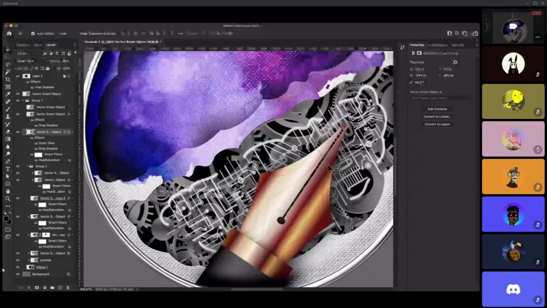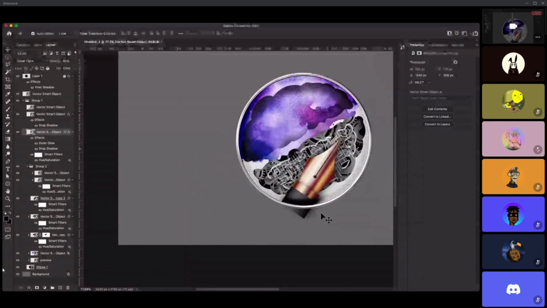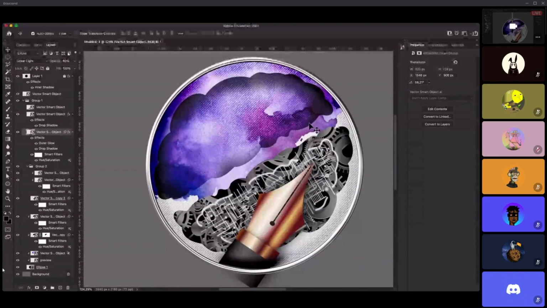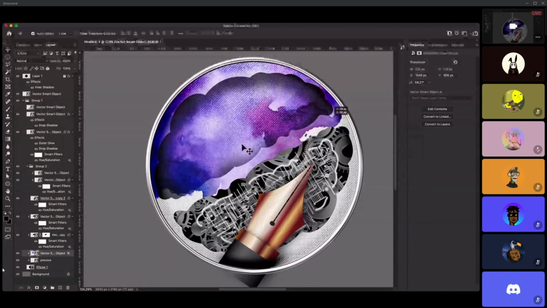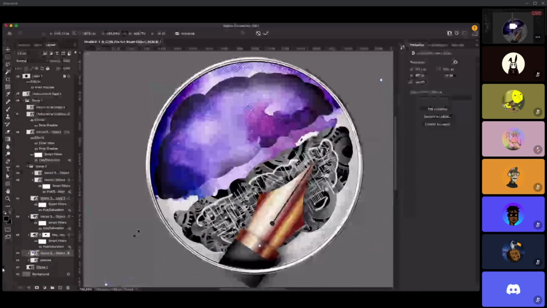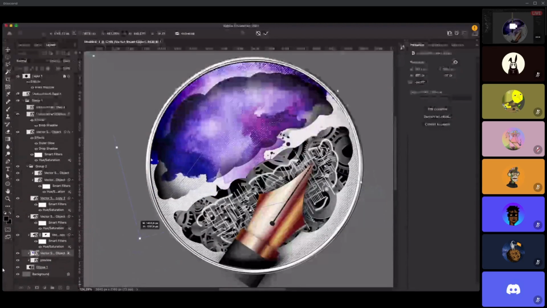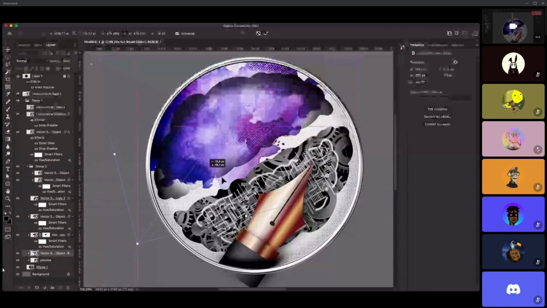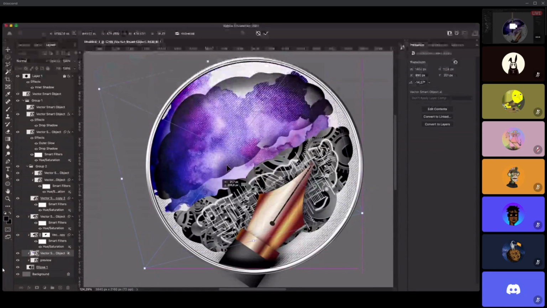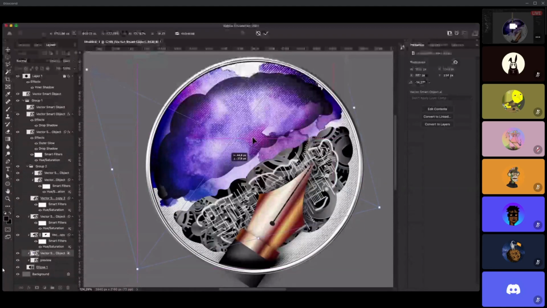So slowly and steadily our composition is starting to come into place, but there are some areas, like for example this is too sharp, this should not be this way, or maybe this paint should be within the area of the brain itself. I think that's a better idea. Hold on a sec. So in that case I'm just going to contain this paint area within the boundaries of the brain itself. Just making sure it's covered everything.